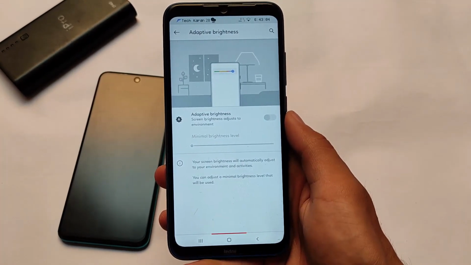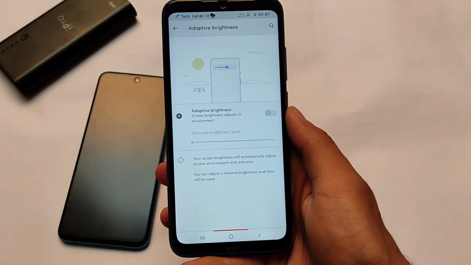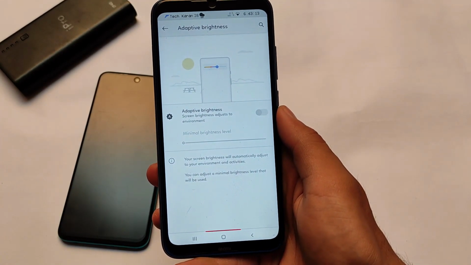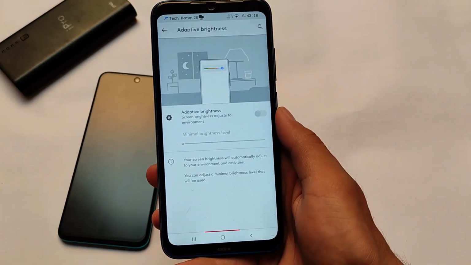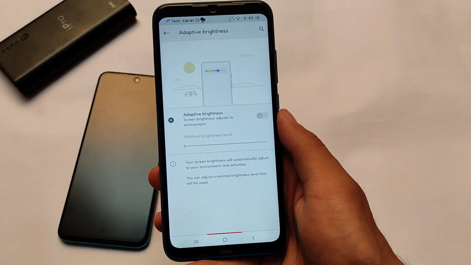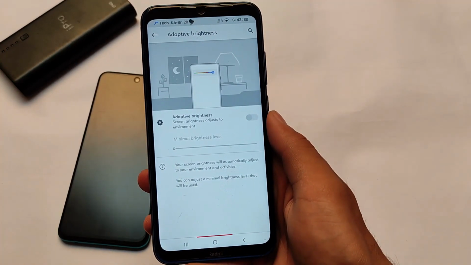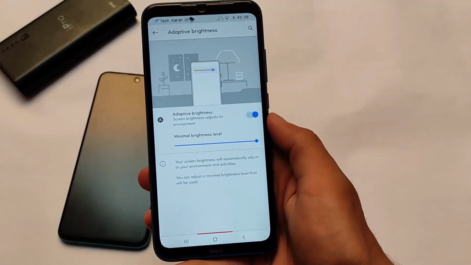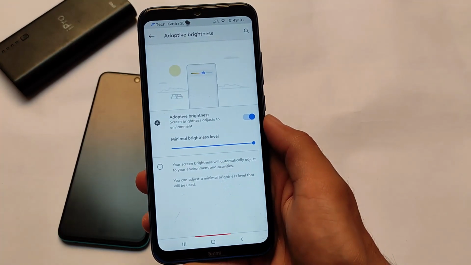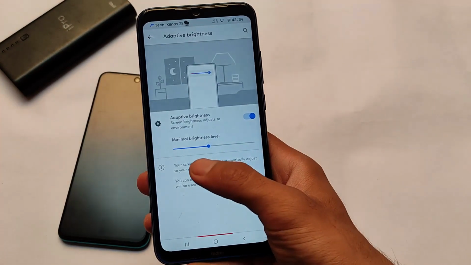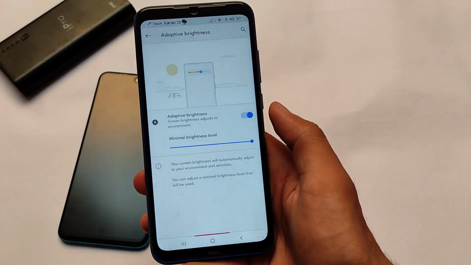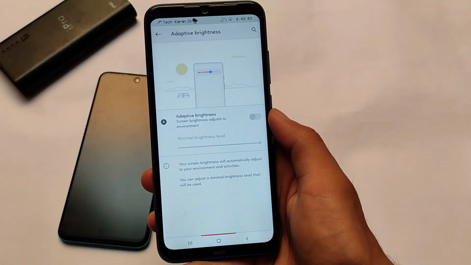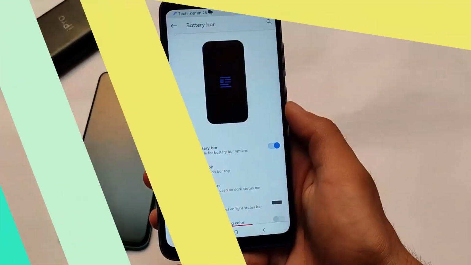First of all, we have the adaptive brightness feature. It's not a great feature for other custom ROMs, of course, but you can see there's an advanced setting available called minimal brightness level. This feature is available in some other ROMs too, but as I mentioned, this is not a unique features video. This is just about some cool features you need to try out after installing Resurrection Remix. With the minimal brightness level setting, if you want to enable adaptive brightness but don't want the brightness to drop too low at some point, you can simply adjust the minimum brightness level, which is a very good feature. I personally loved it a lot, and you will definitely love this feature on your device.